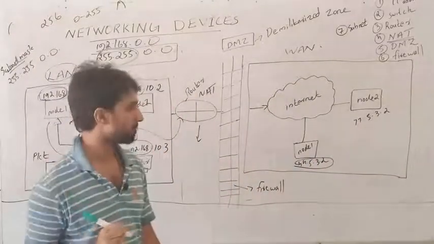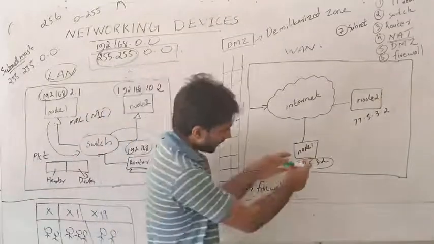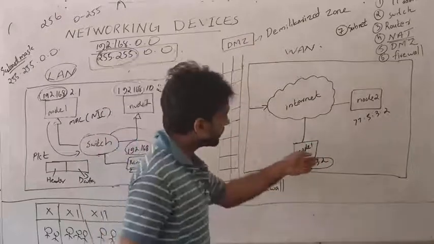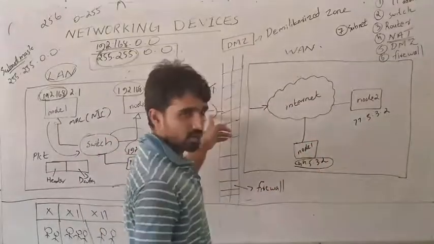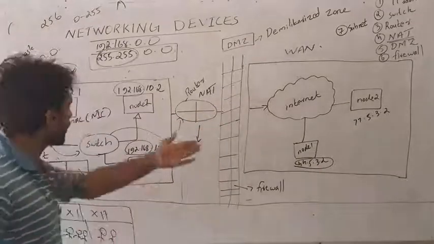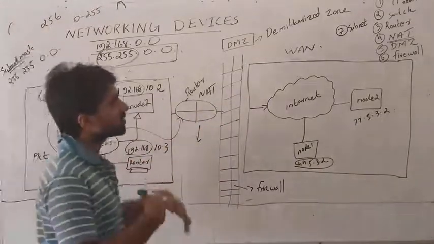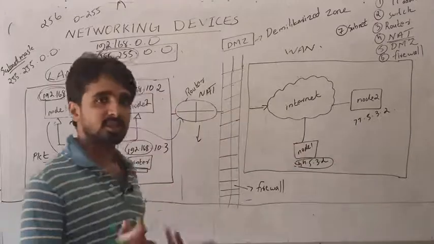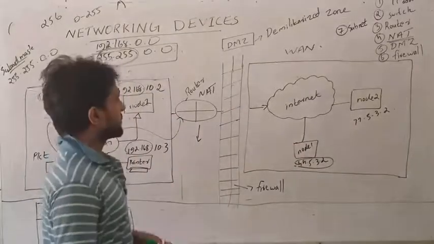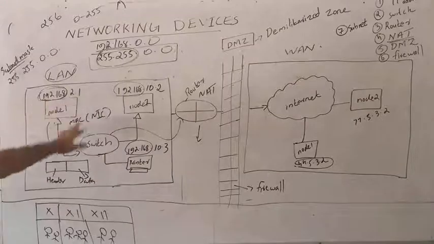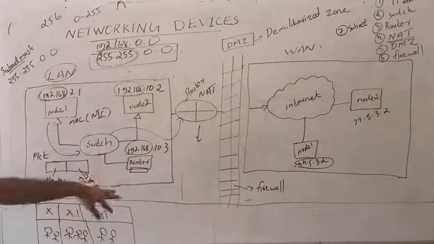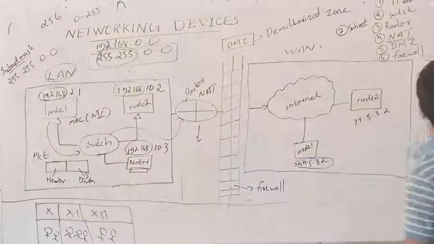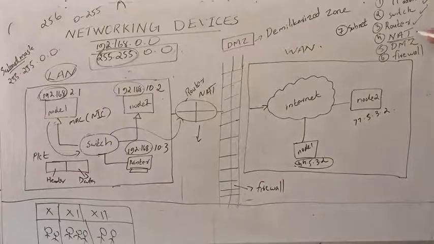That is called NAT. Likewise, if any computer outside of this LAN wants to send a message to this computer, it goes to the router, and then the router again needs to convert to the local IP address. That is also called NAT, network address translator. So from here to here and from here to here, address translation is needed. So we completed this LAN, IP address, MAC, switch, then router and network address translator.